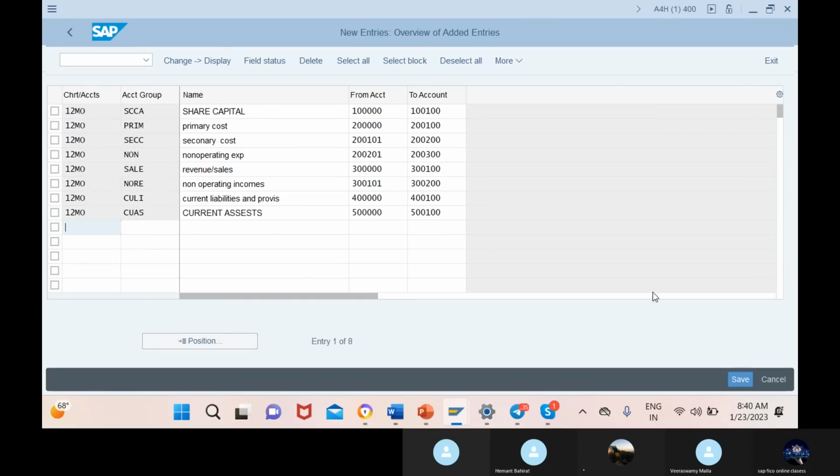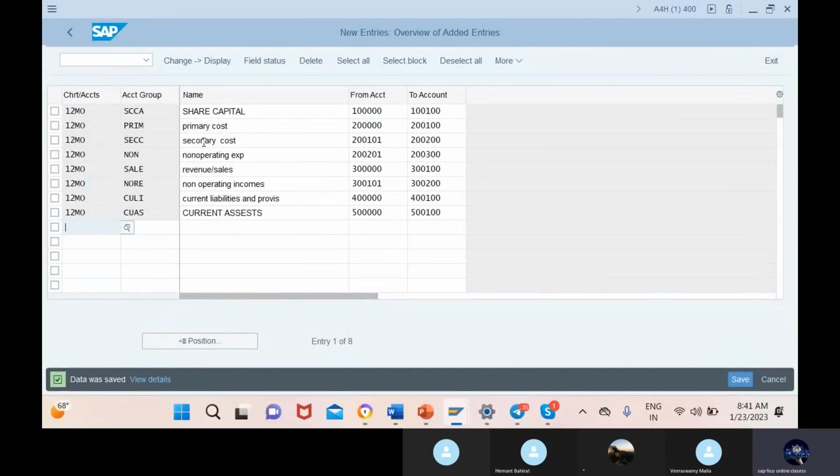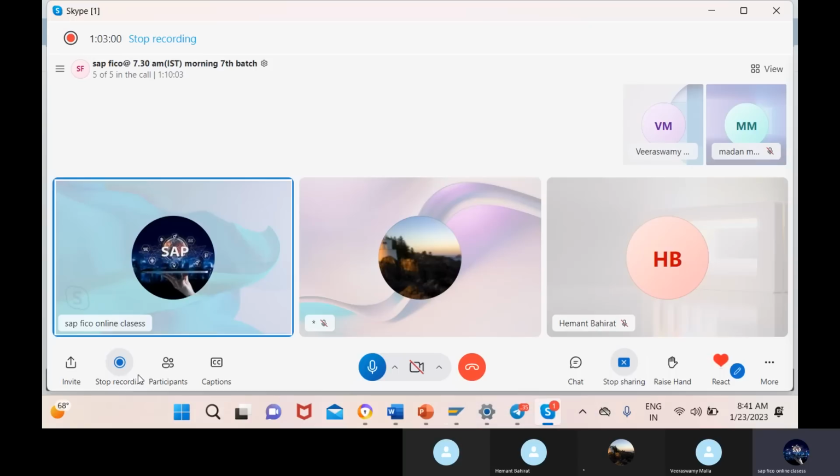Okay, guys, I'll save now. In tomorrow's session we'll do the configuration of retained earnings. Then we'll create the configuration of universal journal. Then we'll do the postings. We'll create GL accounts, then we'll post the GLs if there is any time. Till now, if anybody has any doubt, please